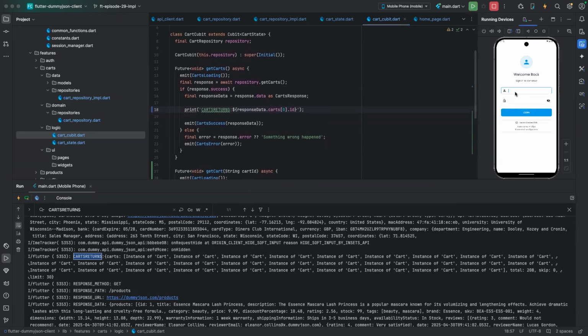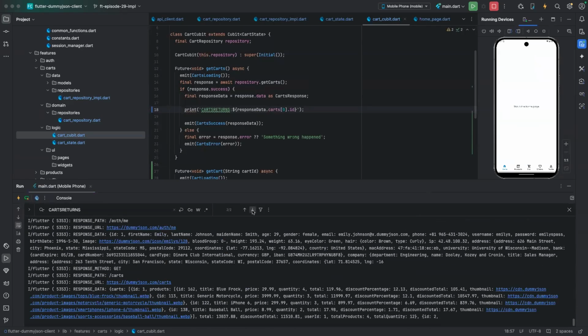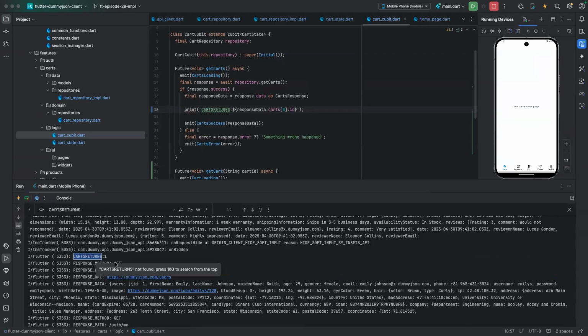Let me log in. All right, let's see what we get. Oh, the ID is 1. Okay. All right, so that means in this function,